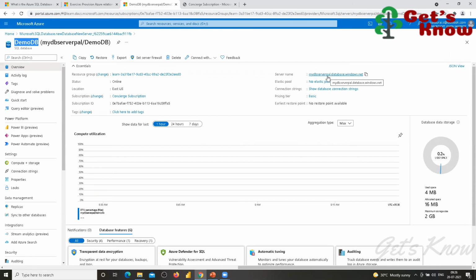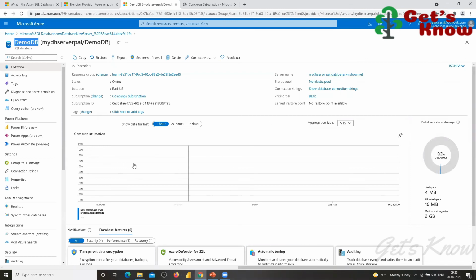So actually, from the outside, if you are going to access your Azure database, you have to use this server only. In the real-time scenario, mostly all the SQL Server developers will use SQL Server Management Studio to access this one. So using Management Studio, we can access it, and for that we have to use the server details.